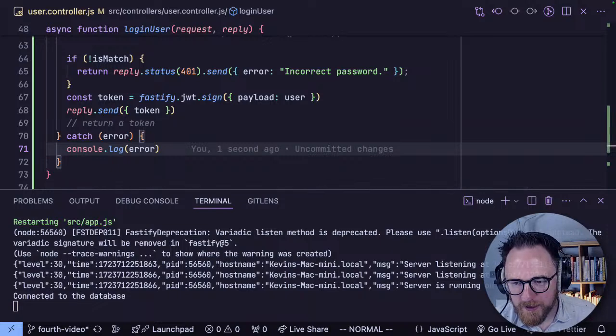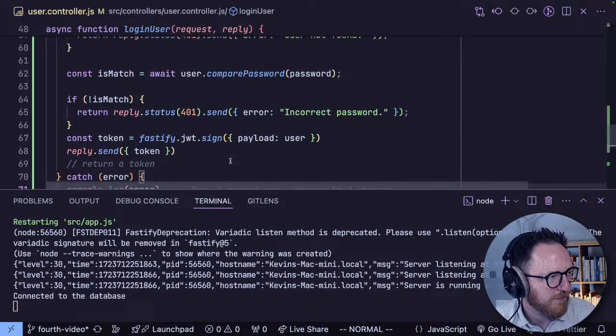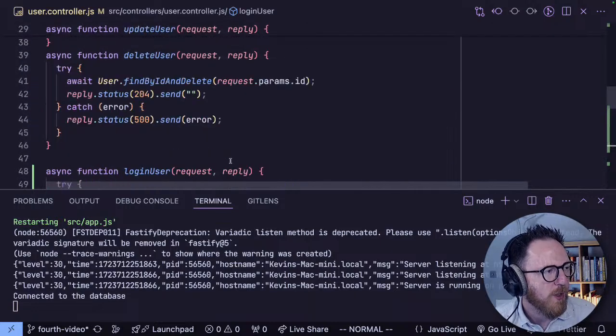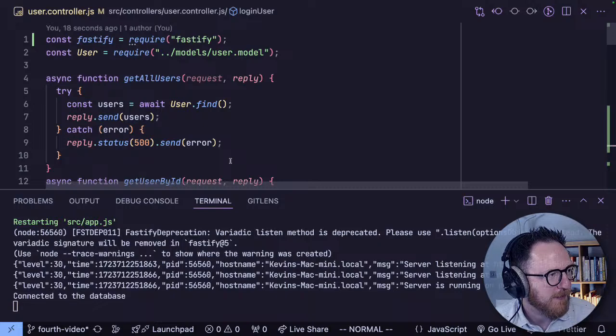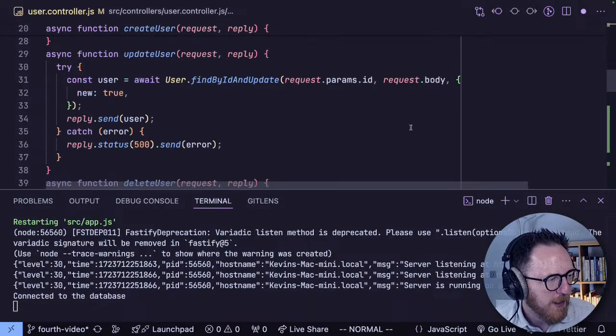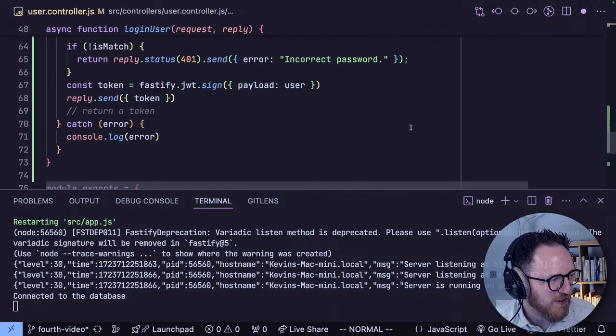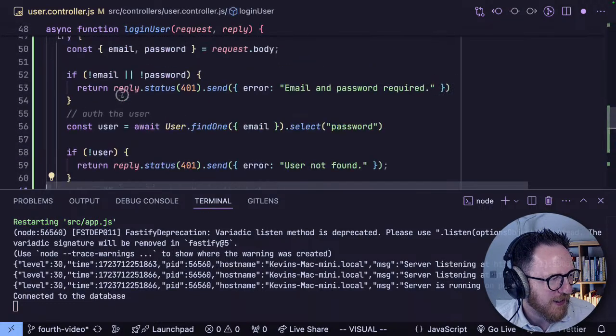Doc said that's how it should work. Interesting. Oh, I know why. It's because it's trying to get Fastify from here, but I really want to get Fastify from... Yeah, I see the problem. Again, this is how I've structured this. It's not great. So I'm going to grab this handler